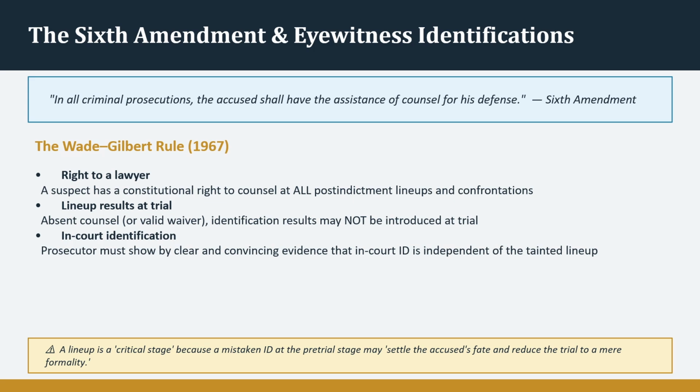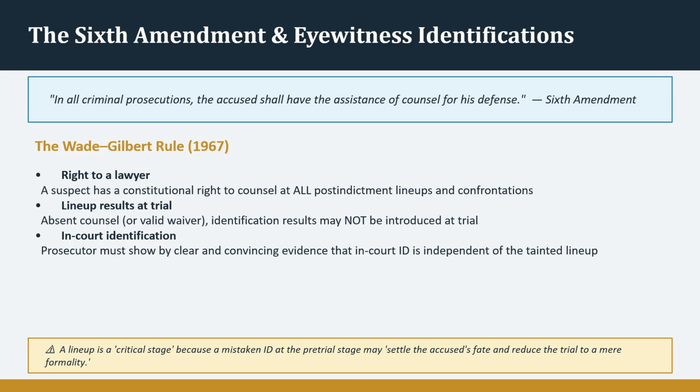In 1967, the Supreme Court announced what we now call the Wade-Gilbert rule, from two cases decided the same day, United States v. Wade and Gilbert v. California. The rule has three components. First, a suspect has a constitutional right to have their attorney present at all post-indictment lineups and show-ups. Second, if that right is violated, if the police conduct a lineup or show-up after indictment without the defense attorney present and without a valid waiver of that right, then the results of the identification cannot be introduced as evidence